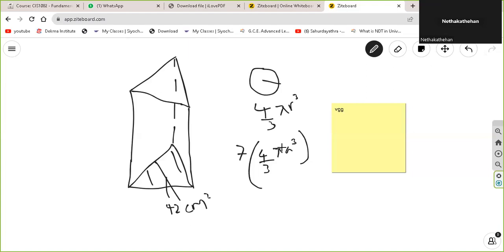The water level rises by h without water spilling over. Show that the radius of a sphere is given by